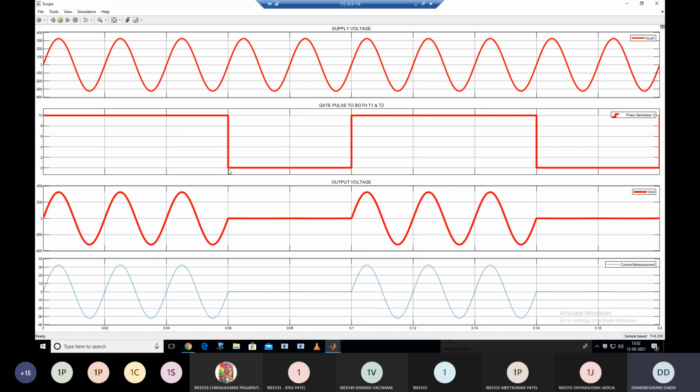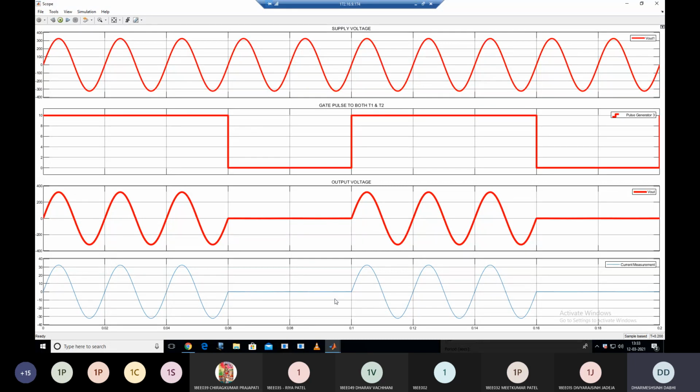After this third cycle completion, for the remaining 2 cycles, I completely remove the gate pulse because I applied the pulse width of 3 cycle duration only. Clear? So that's why I get 0 gate pulse and 0 output voltage across the load side. And as you know, this is a resistive load, so voltage and current are in the same phase. You can see that this is the supply current, or you can say the load current waveform. Output voltage and supply current are both in the same phase. Clear? When output voltage is 0, supply current or load current also becomes 0.